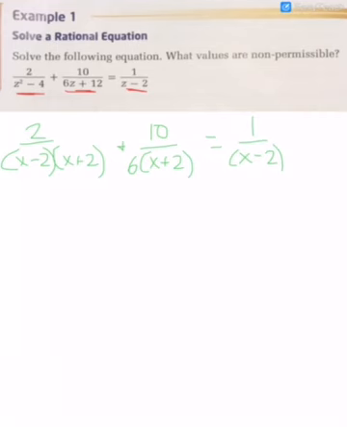Now, when I look at this, I see the lowest common denominator would be what includes everything from the denominators. So I see that I would need an x minus 2, an x plus 2, and a 6 in my lowest common denominator, again, because that includes all the pieces of the denominator. Now we're going to multiply each piece by that lowest common denominator, and then some things will cancel for us. So for example, when I multiply by 6, x minus 2, and x plus 2 on each piece,